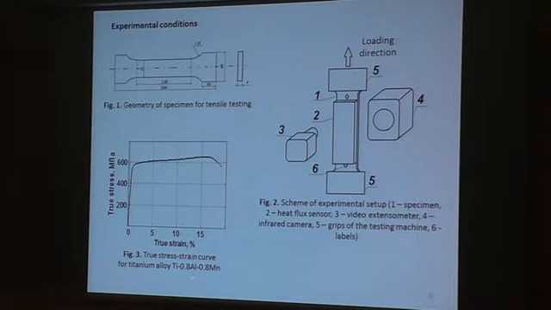We were working with a little bit special titanium, but the material is not the main question in this work. I will speak about technique. And the technique is the following. We have used an infrared camera to measure the temperature of a sample under mechanical testing, and we use an additional contact heat flux sensor, which measures the heat flux from the sample. The idea is to have two different techniques to measure one thing and compare the results. Here, additionally, you can see the video extensometer to measure the strain.